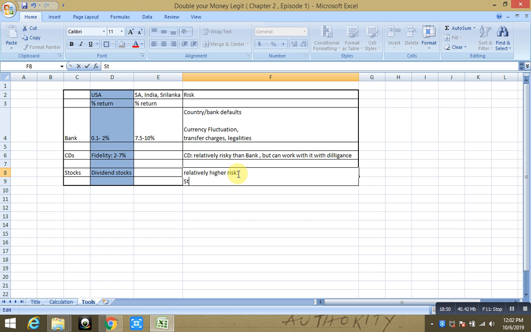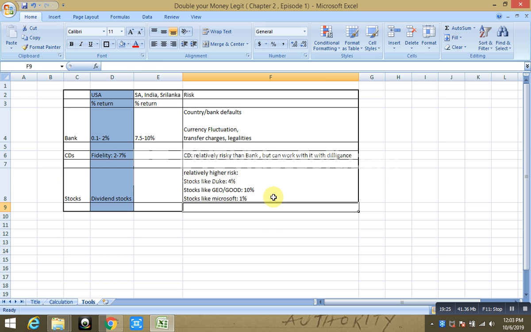Now note that just because a stock gives a higher percentage dividend, it does not mean it is a good stock. You have to make sure that fundamentally the company is okay. There is way higher risk as compared to the above two methods here. For example, your stock may give you 10% dividend, but your stock price may go down around 15%, thus causing you a net loss, right? Now, as long as the stock price comes back from 15% to almost what you invested, you are okay. But the risk remains that you may end up losing money instead of making money